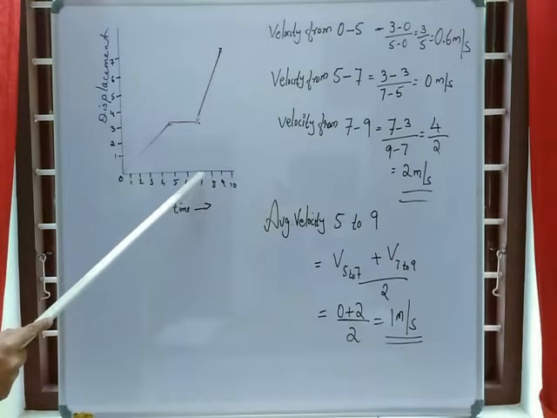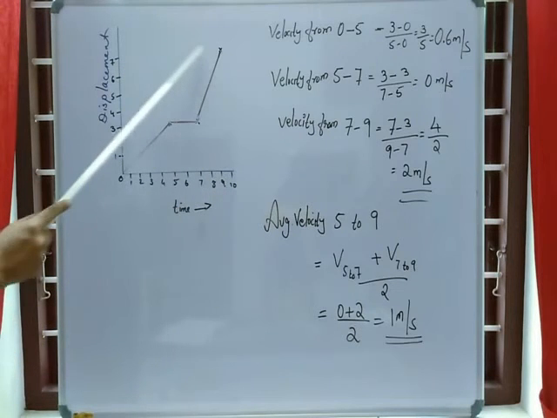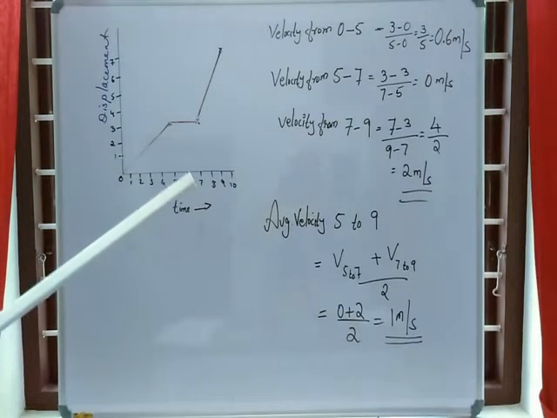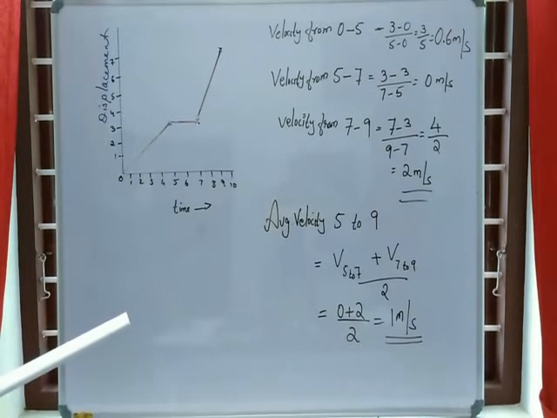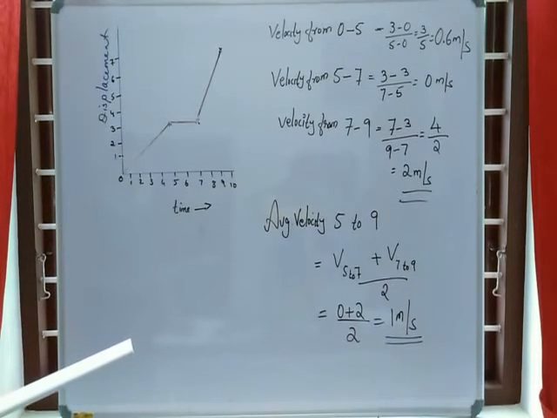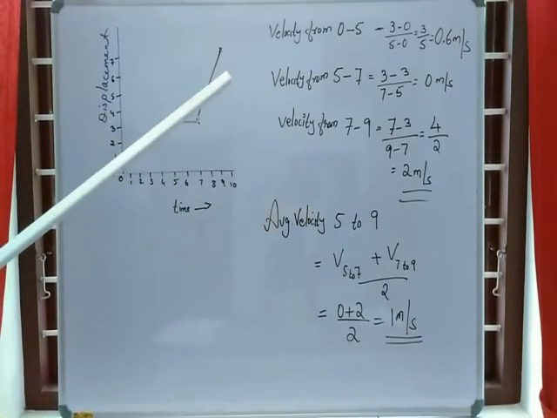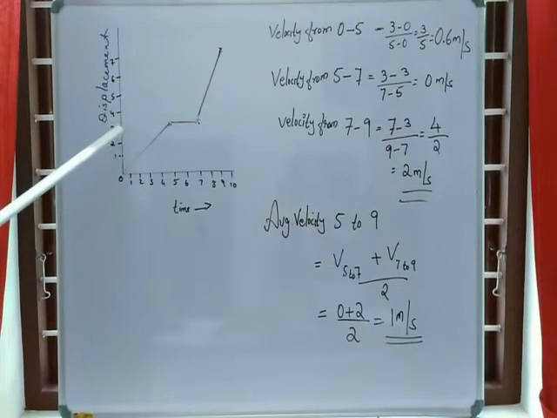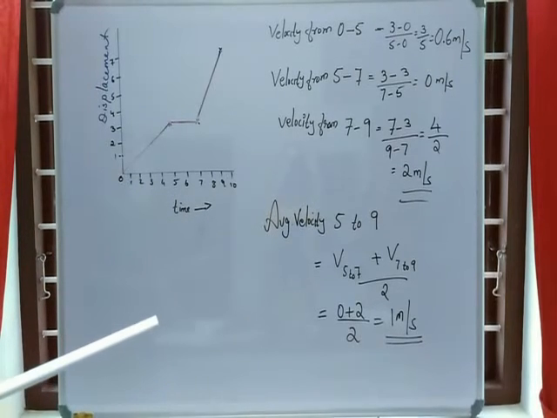After 7th second you can see again the graph is moving up, as there is a gradual increase in displacement. At 9th second it reaches 7 meter. So the diagram is clearly given in the textbook, you can look at the diagram. And from this graph you are asked to calculate the velocity of a body as it moves in the time interval 0 to 5. That is from 0 to 5 seconds.